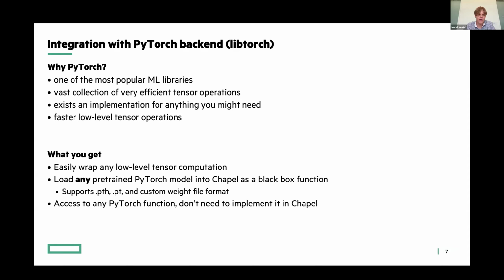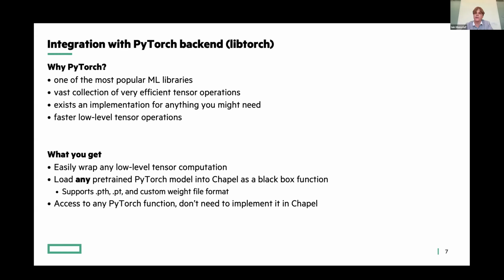So over the next year, from like the summer of 2024 till now, I've been working with a team of some other undergrads as a capstone project. We were trying to integrate libtorch, which is the C++ backend for PyTorch, into ChAI. So ChAI can either target pure Chapel code or libtorch code.